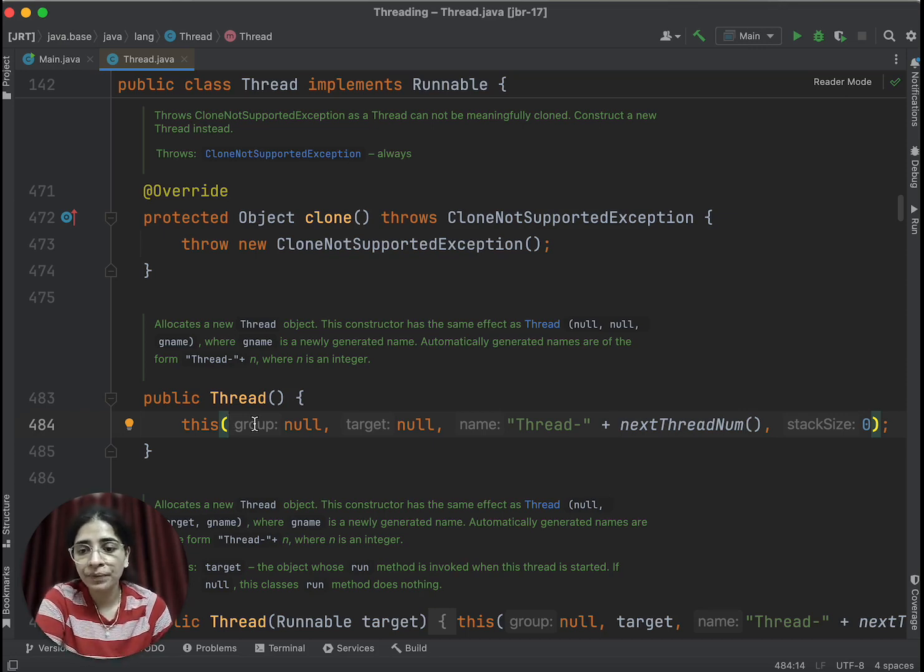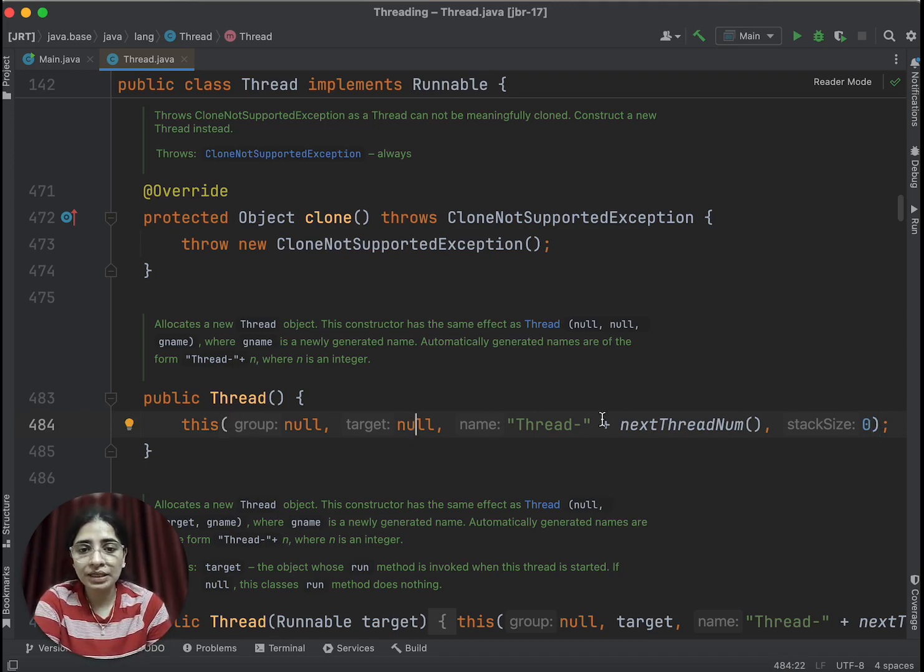Now you want to create one more thread, so this thread will belong to some group, and if you do not provide a name for that group, it itself says okay, the thread group is main, from where the thread has been initiated. Then target right now is null. You can see the target is null.